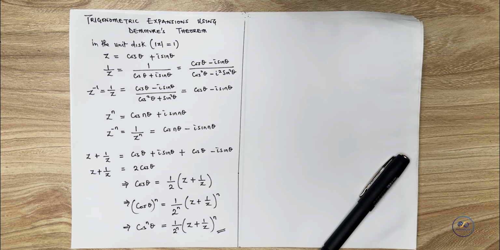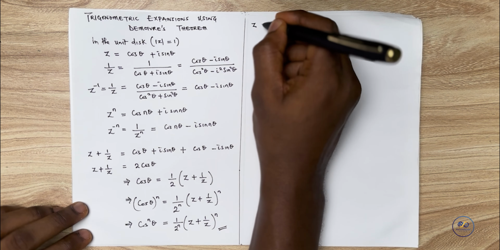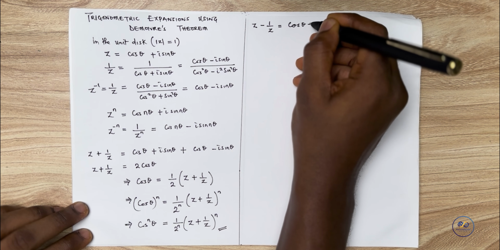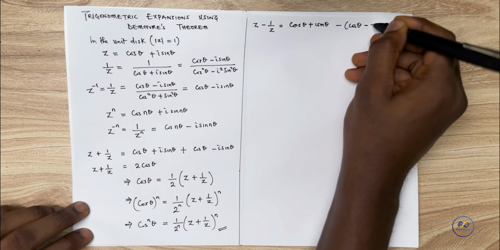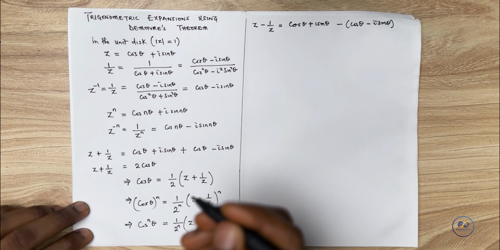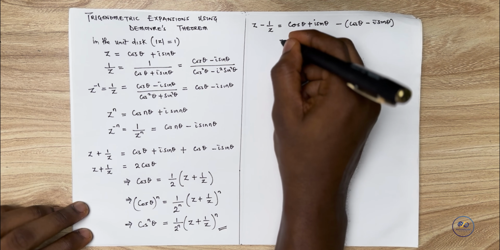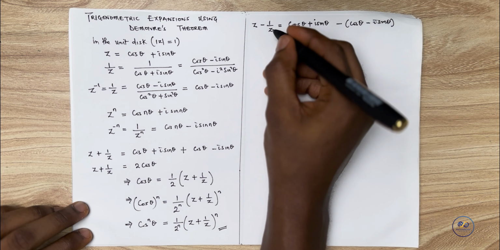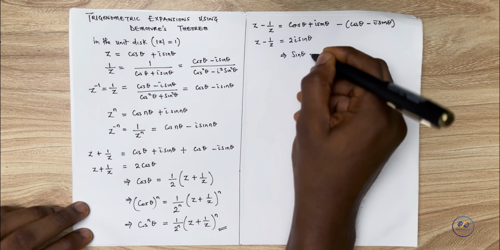Now, using this same process, we can generate the same thing on the sine axis. This time around, if we take z minus 1 over z, then we would have cos theta plus i sin theta minus cos theta minus i sin theta, such that simplifying this, the cosine will cancel and we'll be left with 2i sin theta. If this is the case, of course, for z minus 1 over z, it would immediately mean that sin theta will simply be